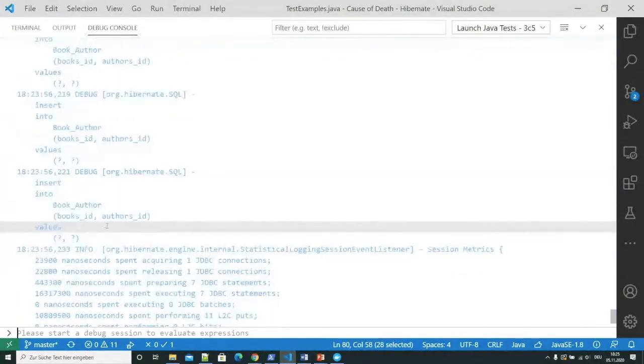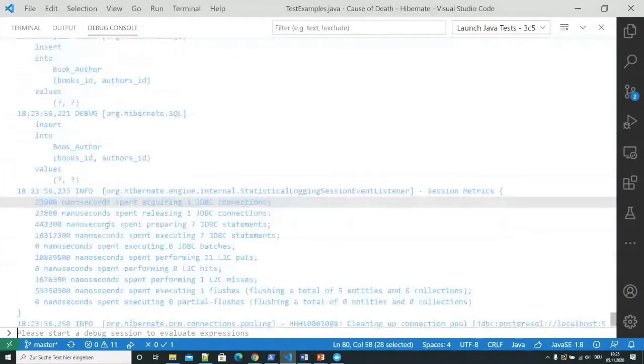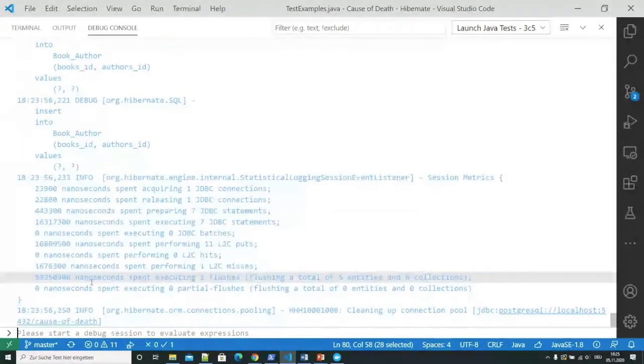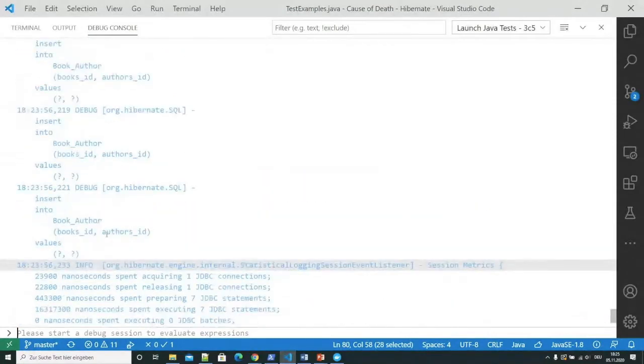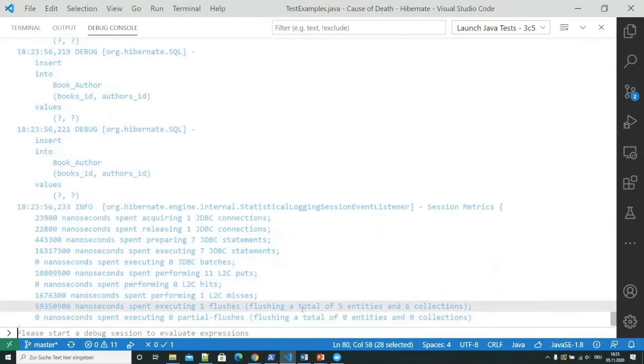Well, that looks really strange when you activate auditing for your database, and it would definitely cause some questions if an auditor wants to check what your application does with the database. And it also creates pretty bad performance because, obviously, in this case 7 JDBC statements take way longer than the 2 or 3 that you would normally need if you just remove that specific record from the association.